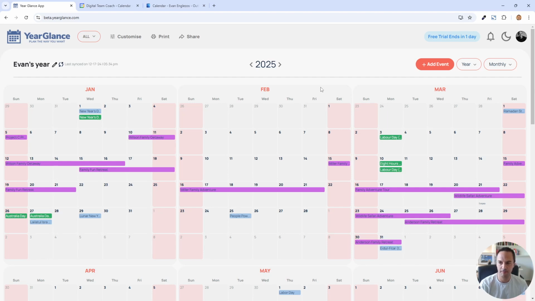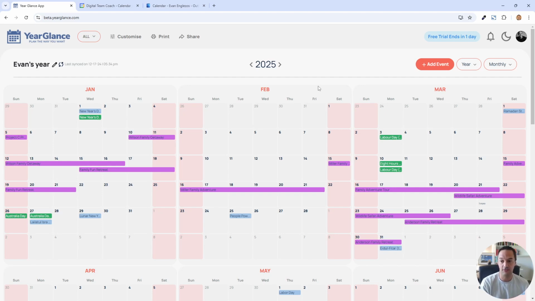Now, we can't see everything on this screen, and it's really going to depend on a couple of things in terms of how much you can fit on a screen. It depends on the size of your screen. Obviously, if you've got a 4K screen, you're going to be able to fit a whole lot more on there as opposed to a smaller device. And it's also going to depend on the number of events that you are viewing in your calendar.